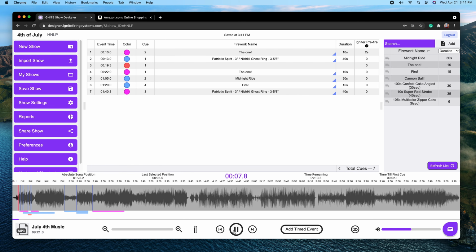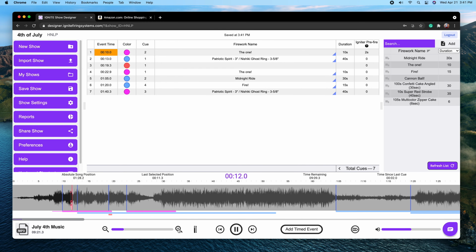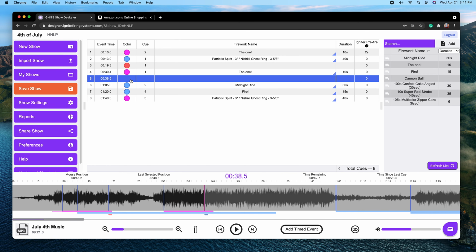Okay, so a cool feature, you can even zoom in and see more detail, but also drag and drop existing events into the desired position. To add events, you can click on the desired position in the waveform and click Add Event. Don't worry, you'll get the hang of it, it's super simple.